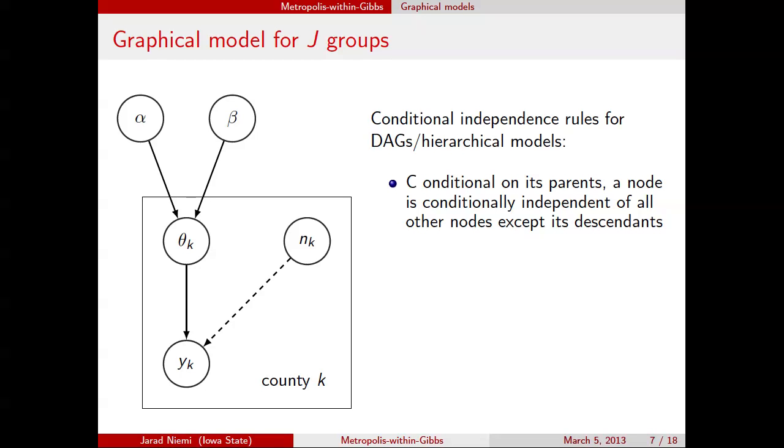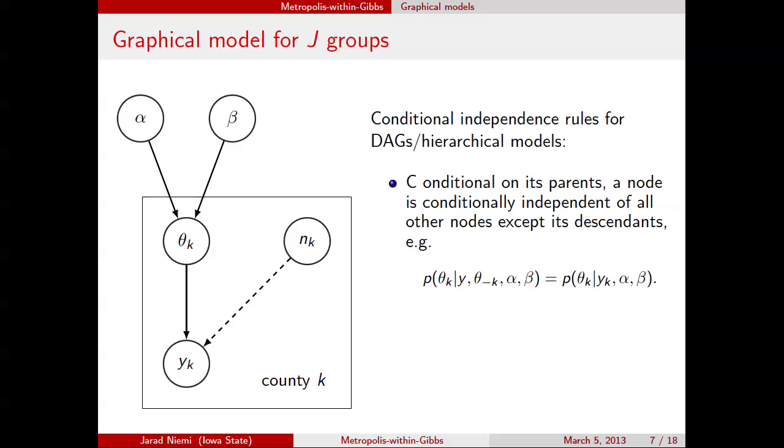So it's conditionally independent of all those nodes, conditional on its parents. The only nodes that it's not independent of are anything that's a descendant of that node. Any arrows coming out of that node, it's not independent of. All right, so in our model, we've already shown mathematically, but now from the graph, we should have been